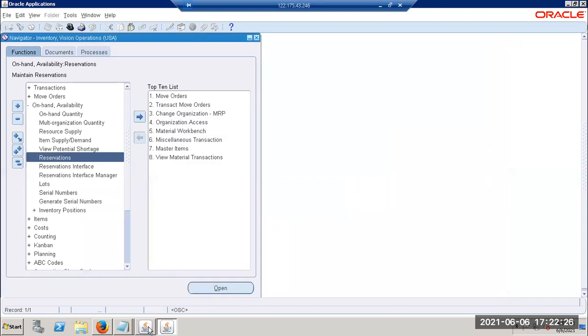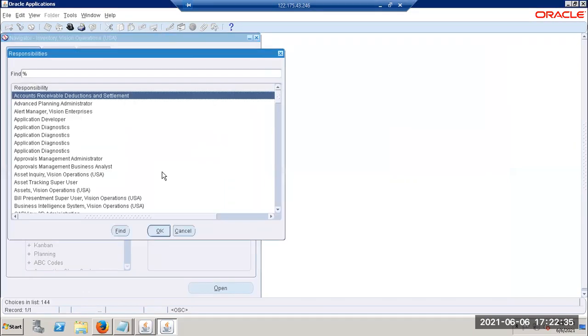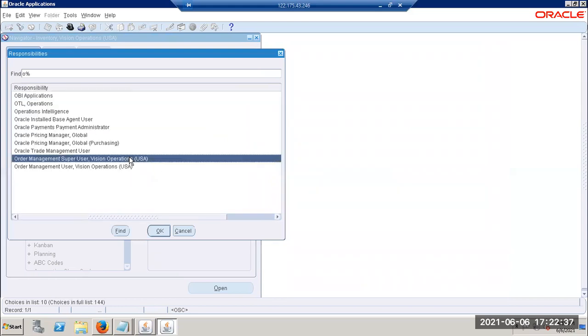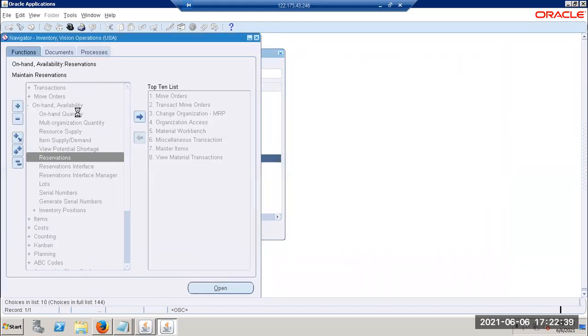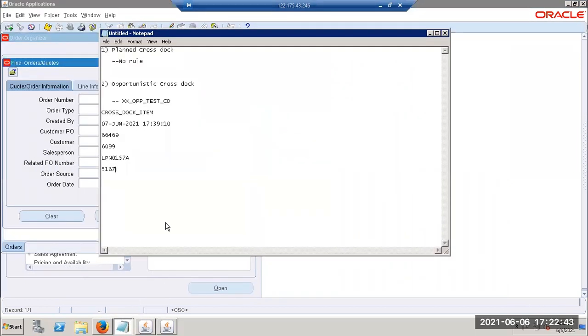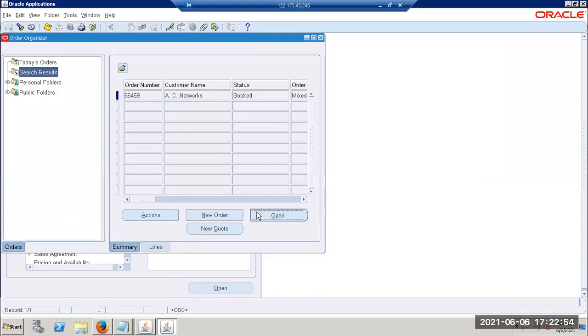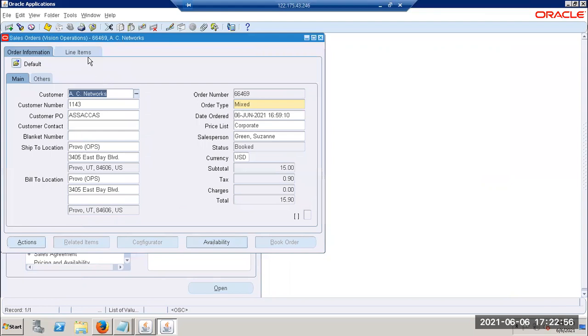Close this. Let's go and see the order line status. Go to order management and just see it, for our understanding. You need to see the different statuses, different levels. Not this one. Close this. Just see the shipping transaction form. We'll check shipping also. I was curious to see whether it is still awaiting shipping or something else.